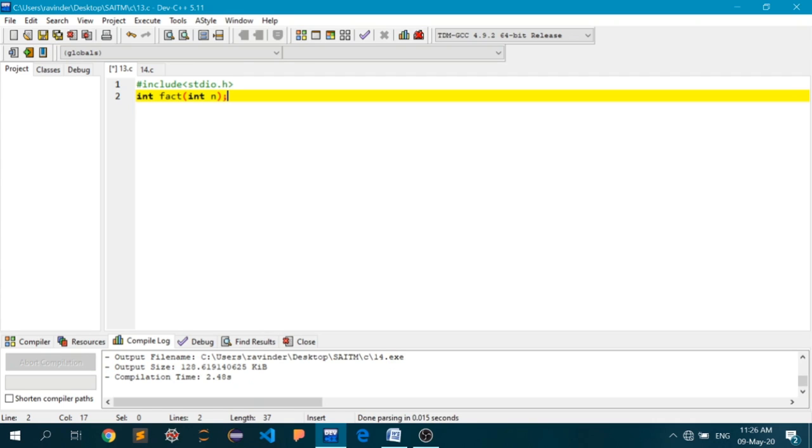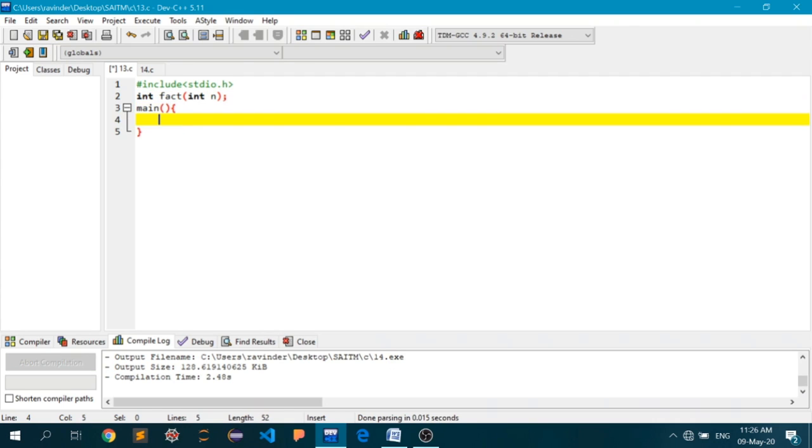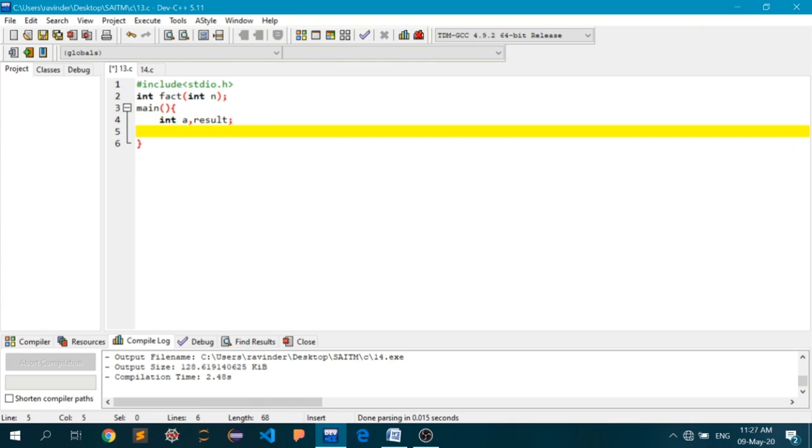Now let's go into the main function. Let's define a few variables first, and ask the user for which number he wants to calculate the factorial.